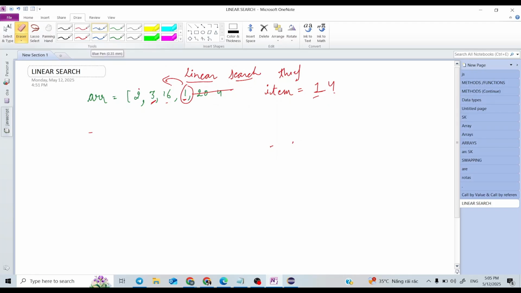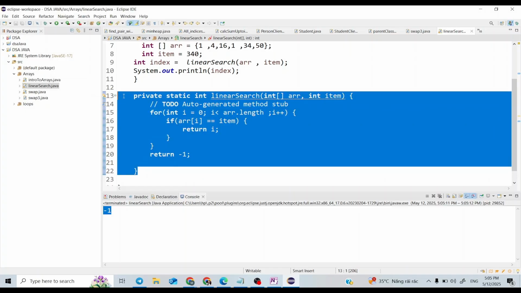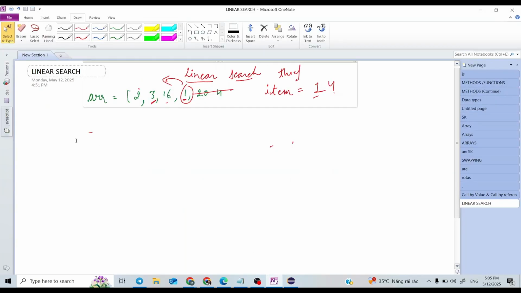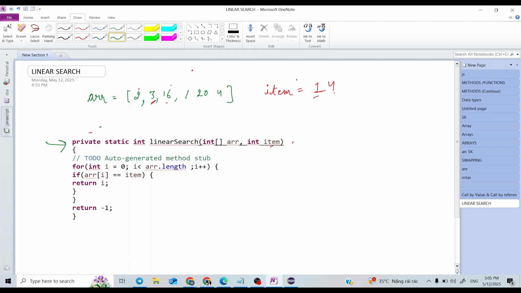So let me copy this linear search code and paste it here. So what we are doing, we will come to this function, and in this function there is a for loop that starts from index 0 and will go up to the end of the array.